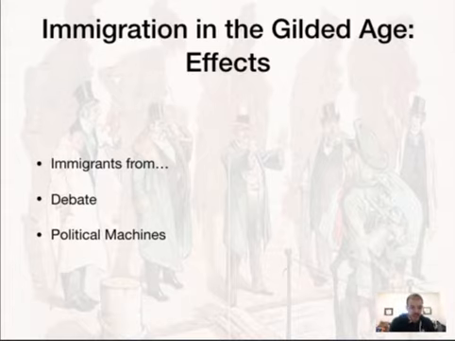The Chinese Exclusion Act is part of that debate over immigration, that debate over whether these new immigrants, which are seen as even more foreign and even more different than maybe immigrants in the past, will ever truly assimilate, ever truly become Americans, or will they remain too different? There's attempts at literacy tests, and even some of the people who are helping immigrants in what were called settlement houses are also working to change their